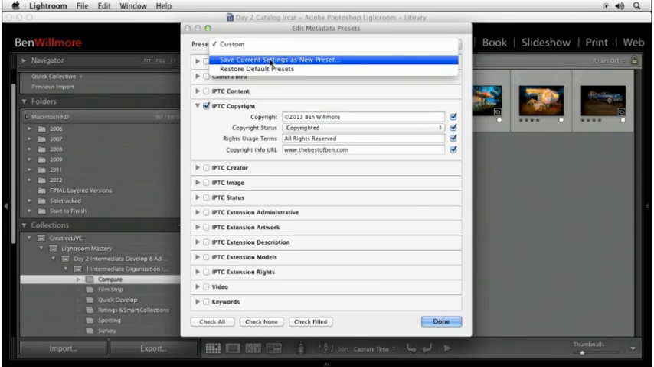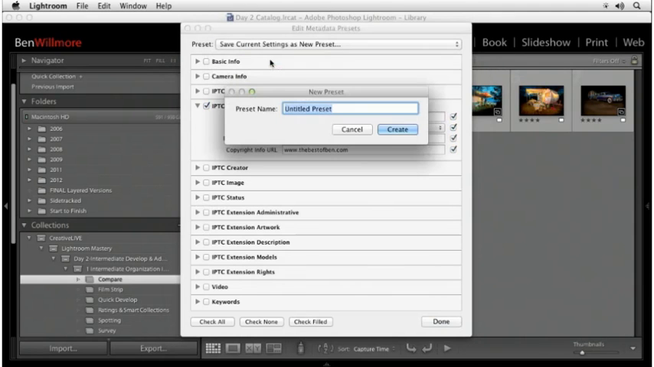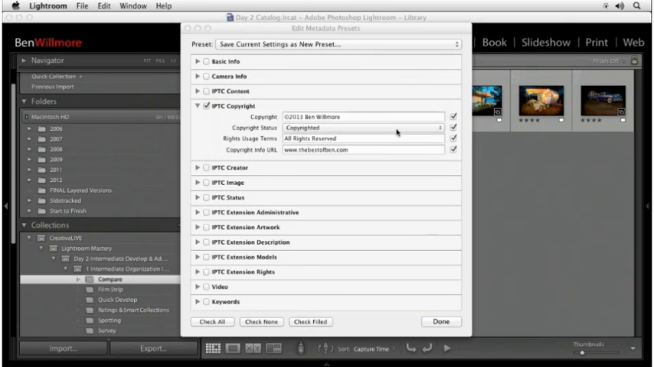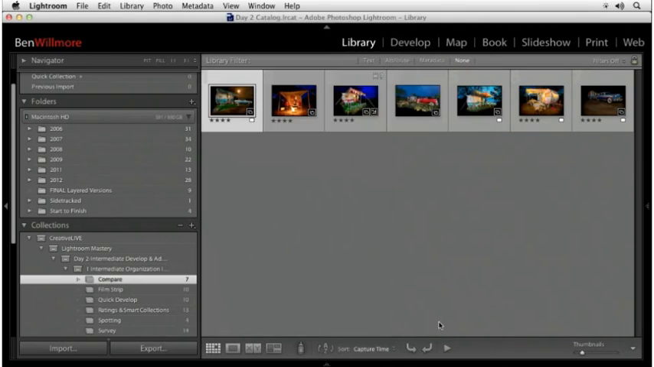Then I'm going to save the current preset up here at the top, and I'll just put in the copyright symbol. Just give it a short name, and I'm going to click Create. Once I've done that, I'm going to hit the Done button. And now, anytime I go to import my photographs in the future,